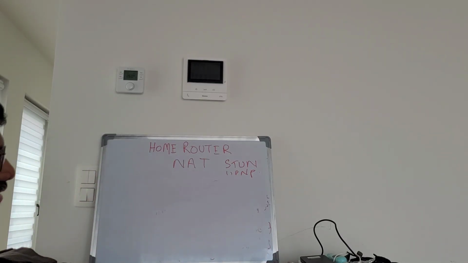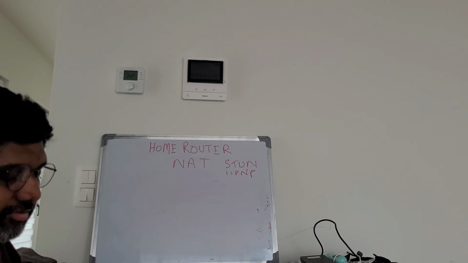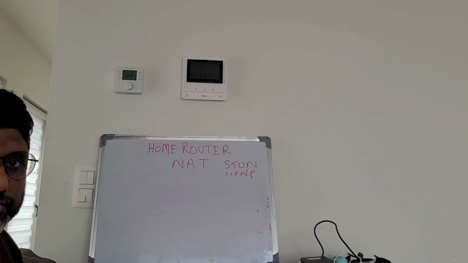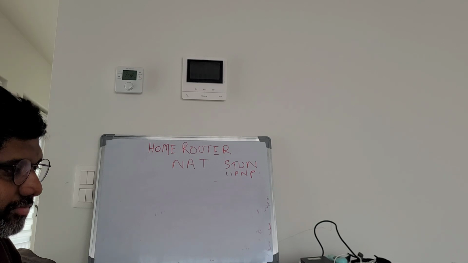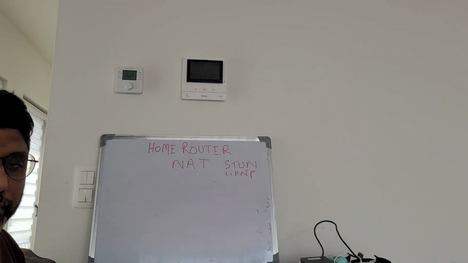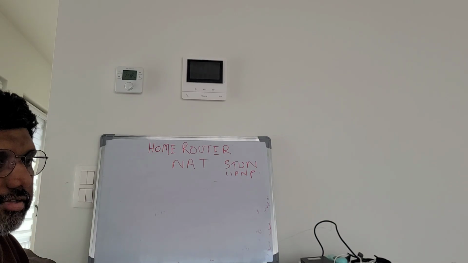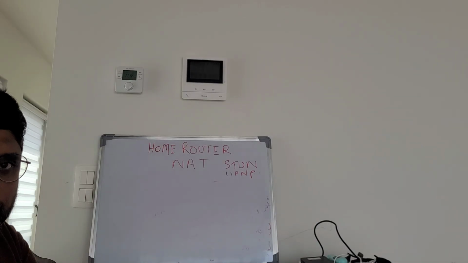So to recap, the NAT types depending upon the translation are: static NAT, which is one-to-one mapping; dynamic NAT, which is one-to-many from a pool of public addresses. Third is PAT, port address translation, where each TCP or UDP session is given a particular port, but the public IP address is always the same. Then CGNAT, this is double NATing. One NAT translation is done at the home router, and the other NAT translation is done at the carrier